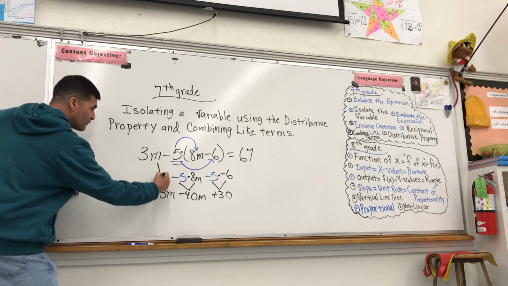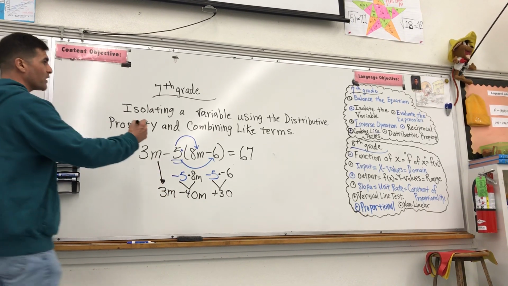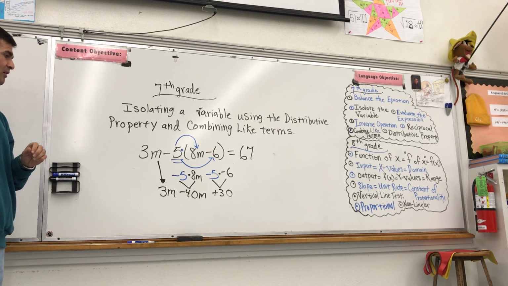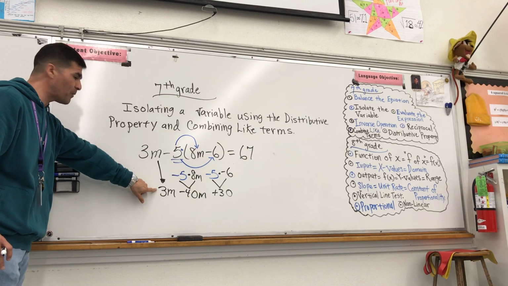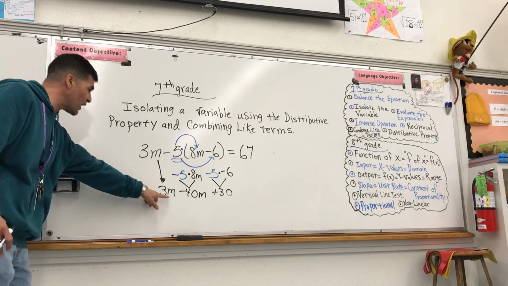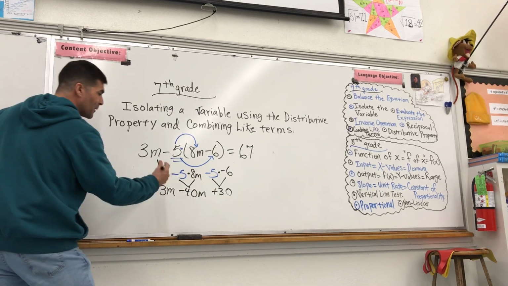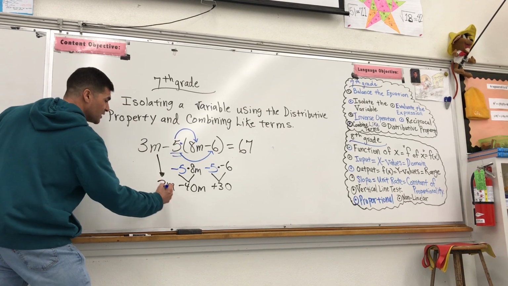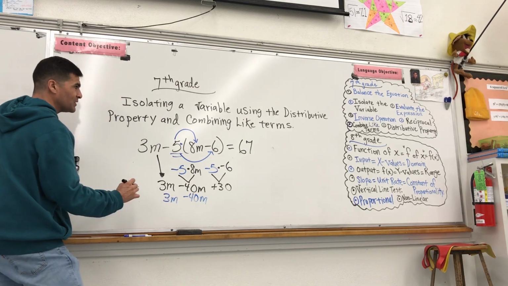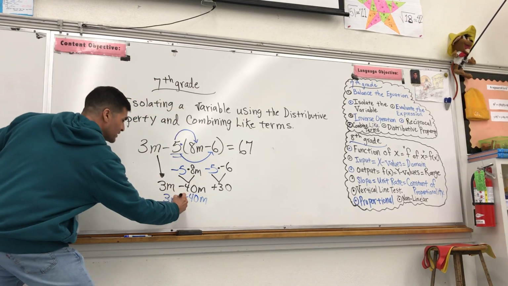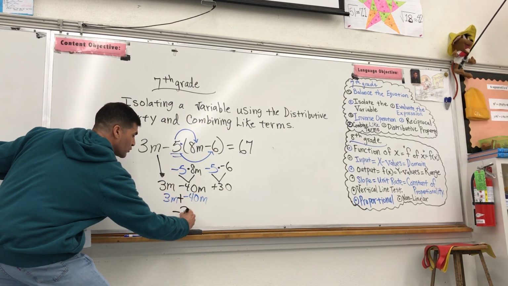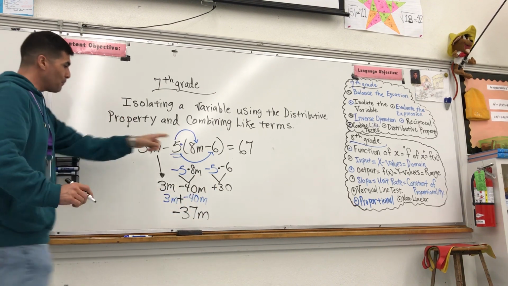Now we actually have to use the 3m because we're going to be doing something called combining like terms. I know a lot of you guys have heard this term in our class before, so you know that 3m hopefully is like the -40m. Why are they like each other? They both have a variable m. If we combine them in math, that means to take 3m and -40m and add them together. The word combine in math means to add. So if you add these two terms together, you get -37m plus 30